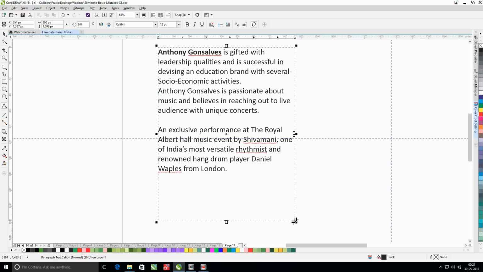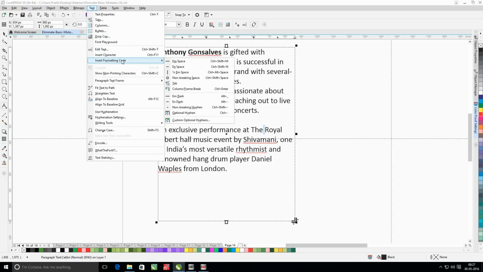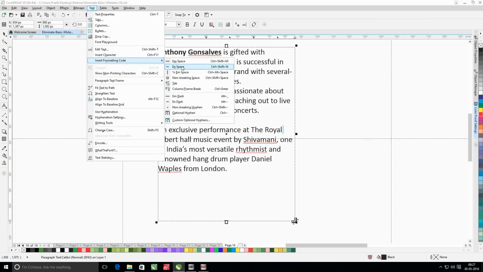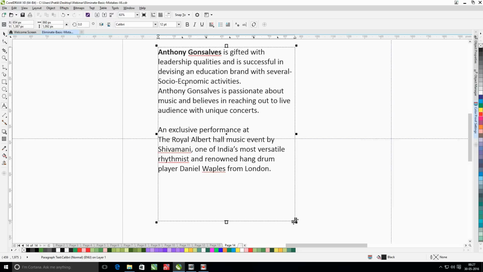You can again do the same thing here, change the regular space between the two words with a special formatting code which is called as non-breaking space. There is one more space over here which we can change to non-breaking space, and if you see, the Royal Albert is again now aligned to the one same single line without breaking up.